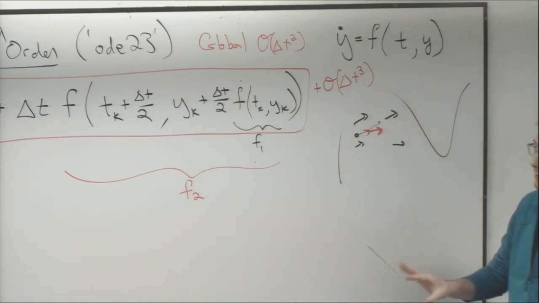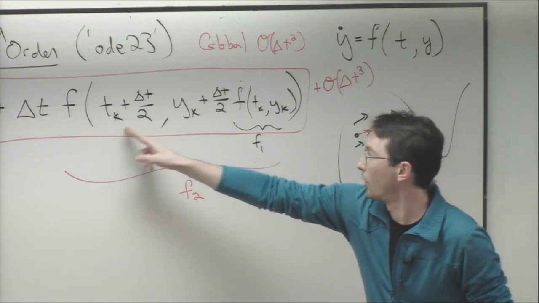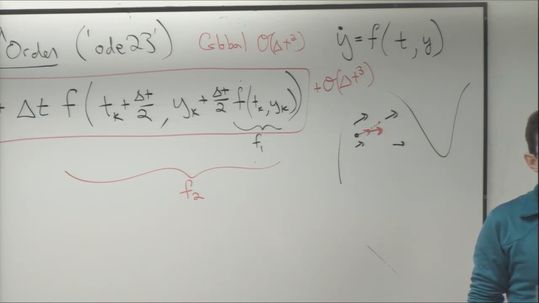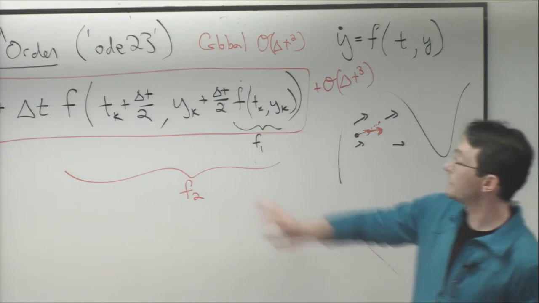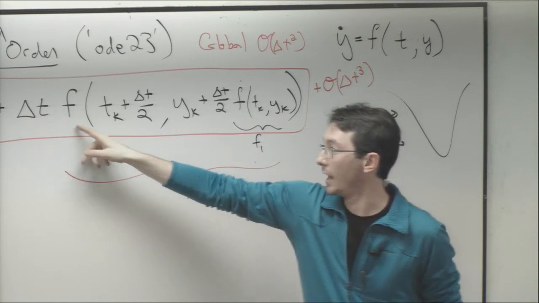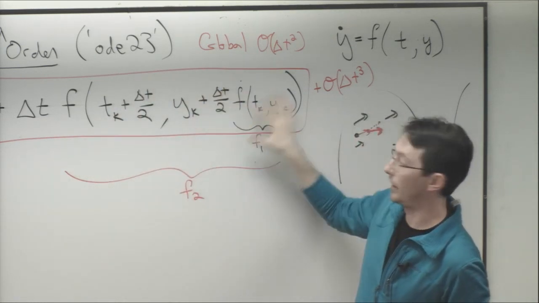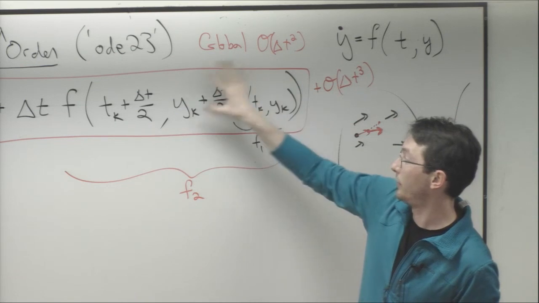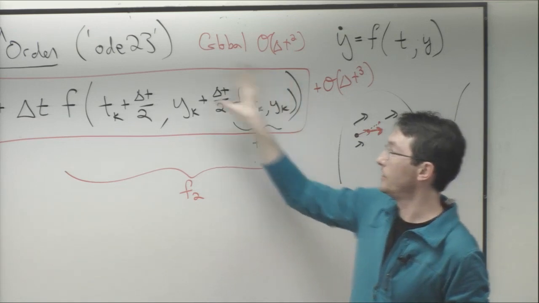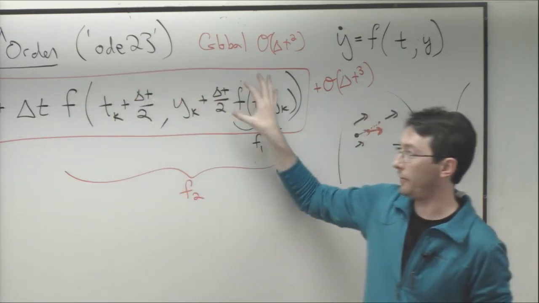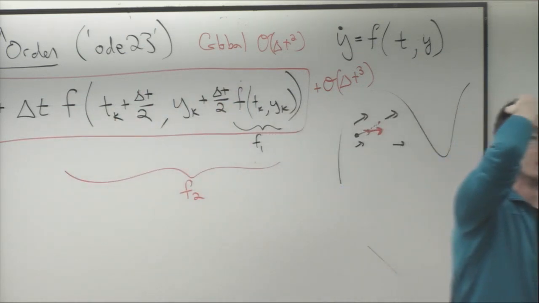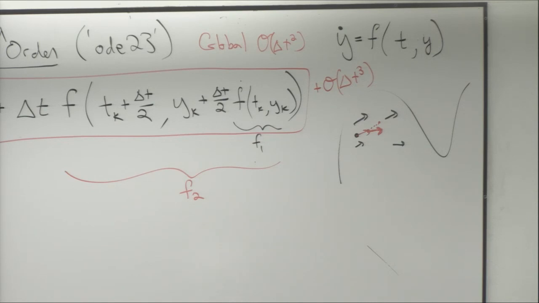Okay, so I should probably stop and let people ask questions about this, because this is kind of a detailed expression. It might not even be clear exactly what we're evaluating here. So f is a function of time and space. So we're evaluating this f at this time and at this spatial vector. We got this spatial vector by taking a half forward Euler step. And then using this f evaluated at this new half Euler stepped position, we take a full Euler step in that direction.